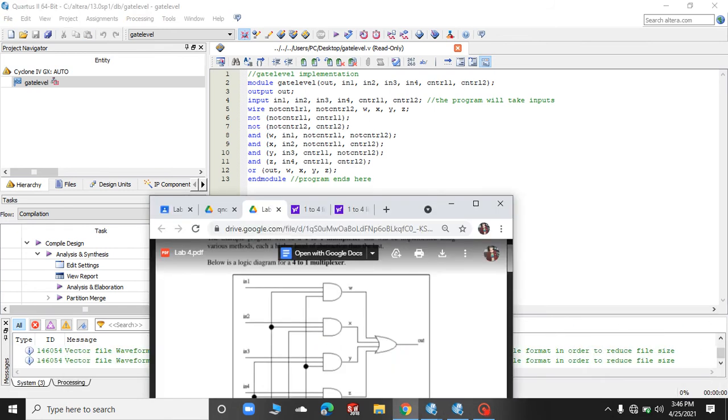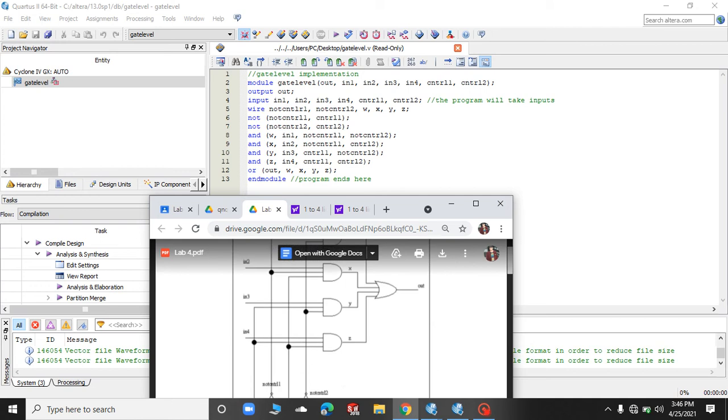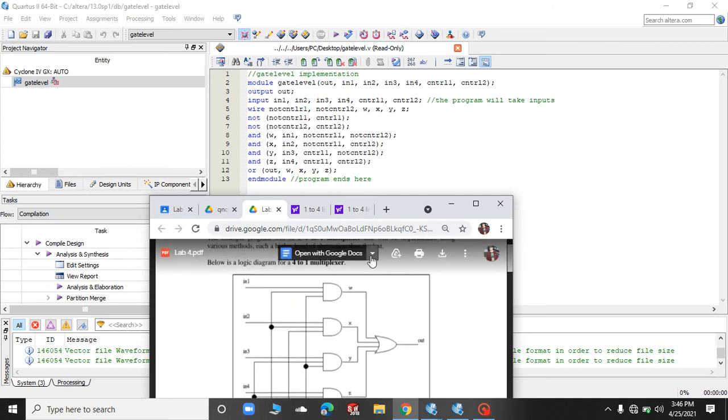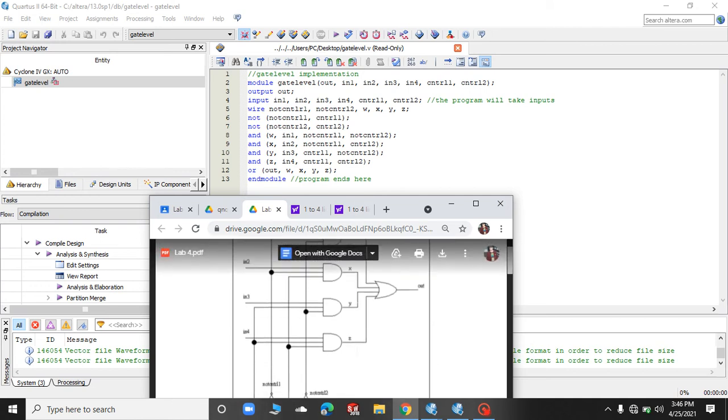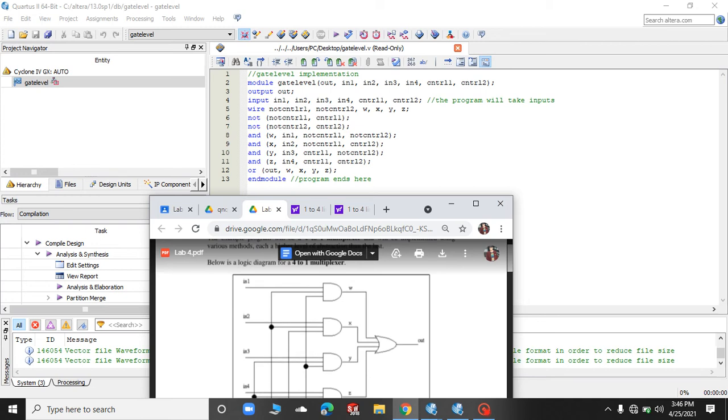Lastly we get an OR of out and the other four outputs, W, X, Y and Z, and we get the final output. In this way we can make this type of program.